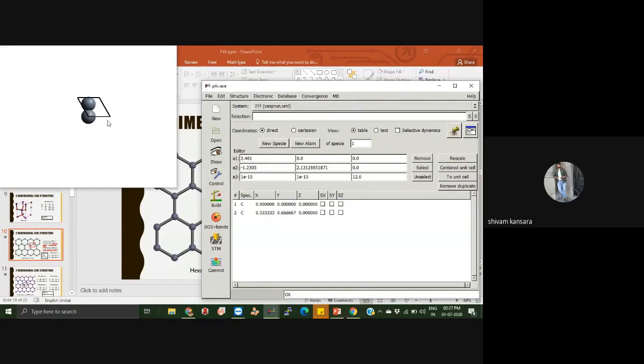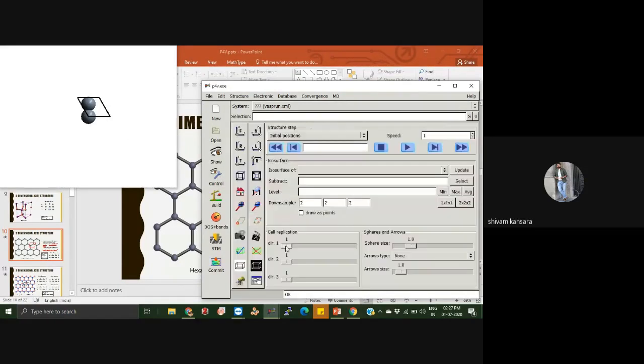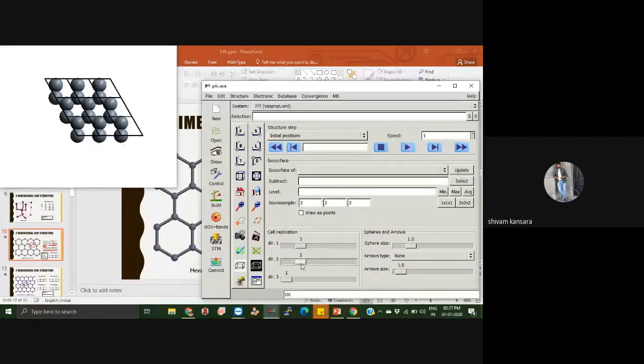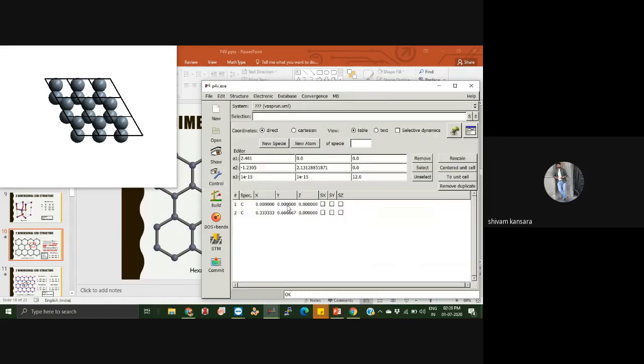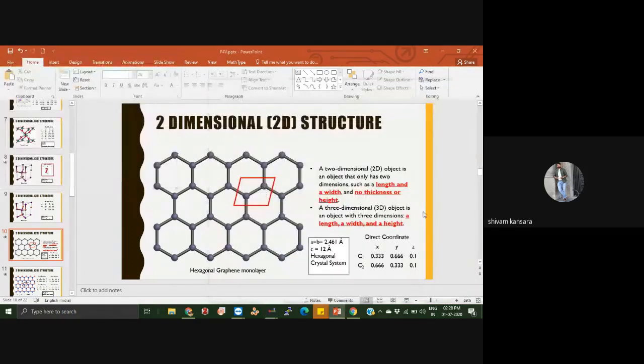Okay, this is 2 atomic positions extended in the 1 dimension, the 2 dimension. Here everyone can see this hexagonal system. First of all we should care about the primitive cell, which has only 2 atoms, but as extended we can see the hexagonal graphene structure here. We took only 2 atoms. Fine, so this is the primitive cell of 2 atoms.